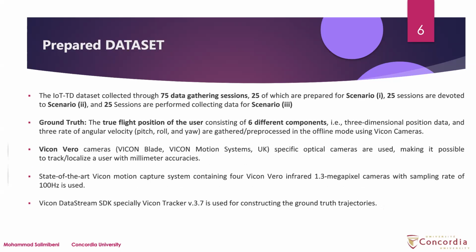The ground truth, the true flight position of the user, consists of 6 different components. For example, the 3-dimensional position data and the 3 rates of angular velocity, pitch, roll, and yaw, are gathered and pre-processed in offline mode via Vicon cameras. Vicon Vero cameras are optical cameras, making it possible to track and localize the user with millimeter accuracy. A state-of-the-art Vicon motion capture system containing 4 Vicon Vero infrared 1.5 megapixel cameras with a sampling rate of